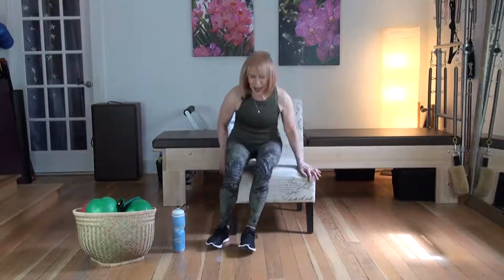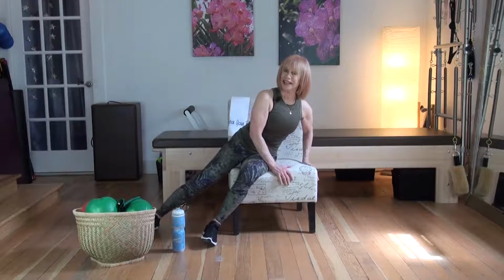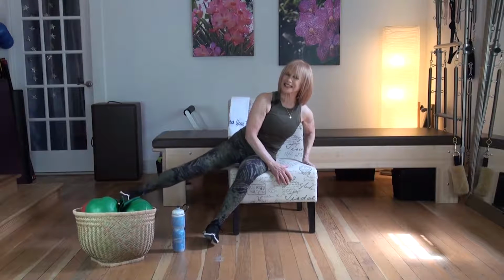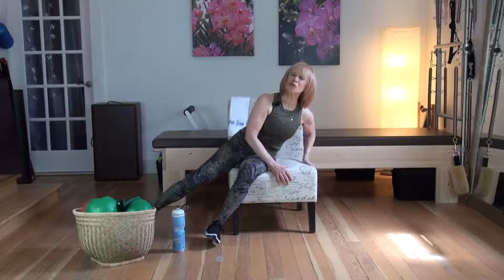Shifting your weight to the opposite side, just like we did on the other side, making sure that the hamstring is fully supported on the chair. Leaning sideways, but not slouching. Keep your heart lifted. We've got 8, 7, 6, 5, and 4, and then 3, and then 2, 1 more,